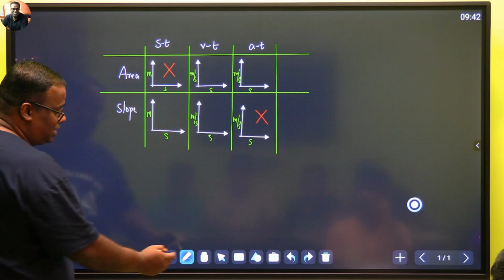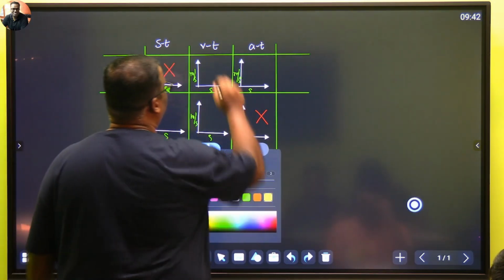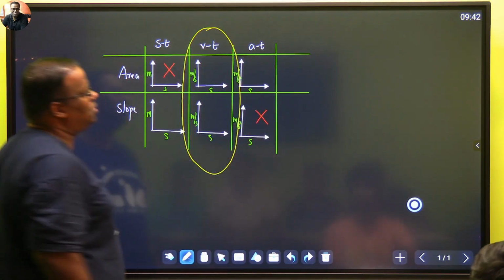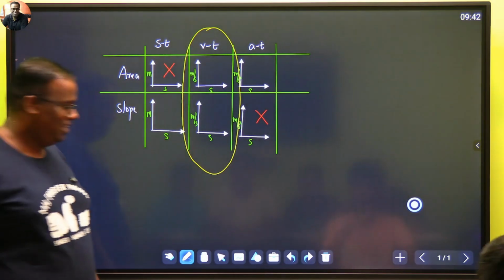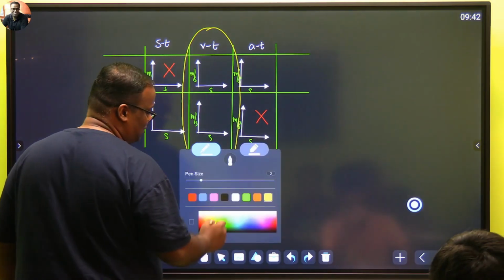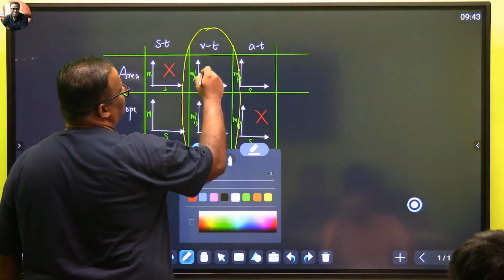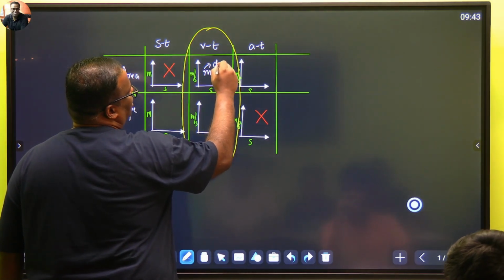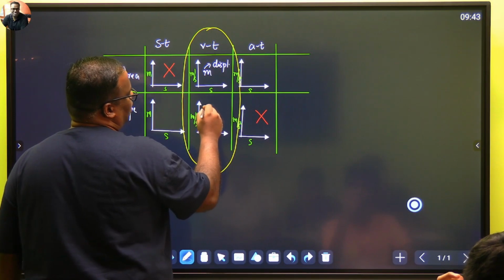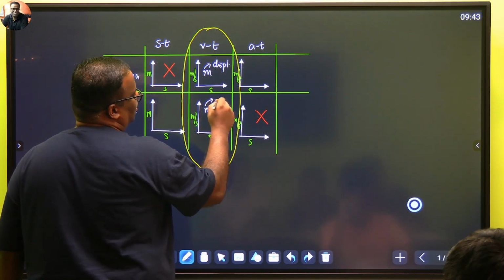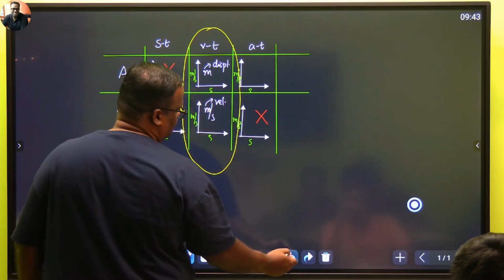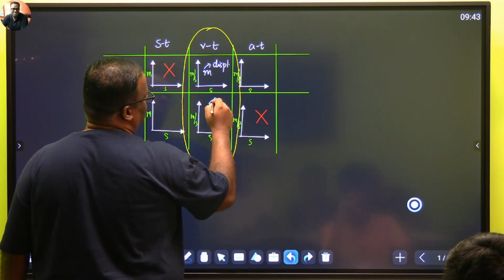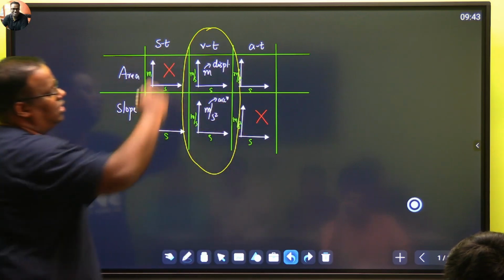और सबसे इंटरेस्टिंग ग्राफ जो बनेगा, जहां बच्चों का सबसे ज्यादा रगड़ा पैटीज बनाया जाएगा, वो है ये ग्राफ. Why? Because भाई साहब इसमें दोनों में ही डेटा मिलता है. Here area will give you meter, which is nothing but talking about displacement, and slope will give you meter per second, which is talking about, sorry, slope will be talking about meter per second square, which is acceleration. इसलिए ये ग्राफ ज्यादा आता है.